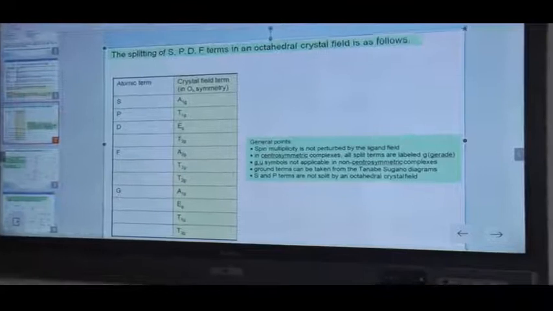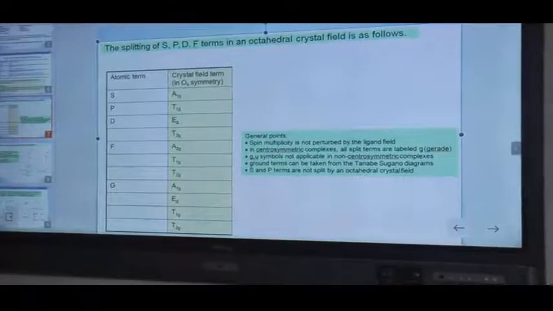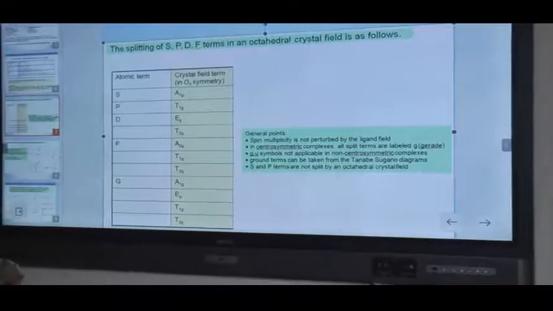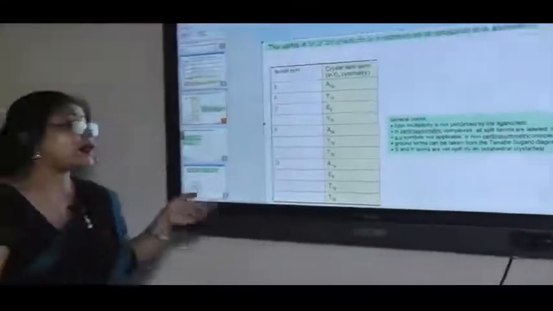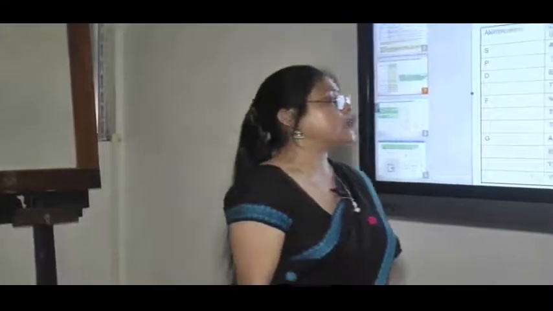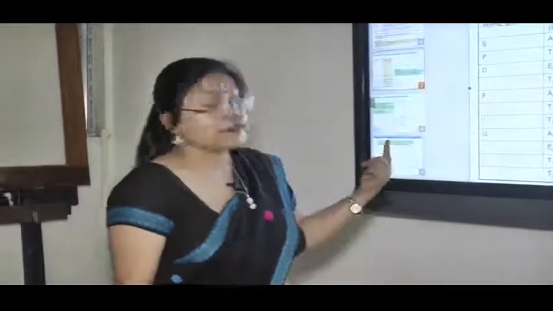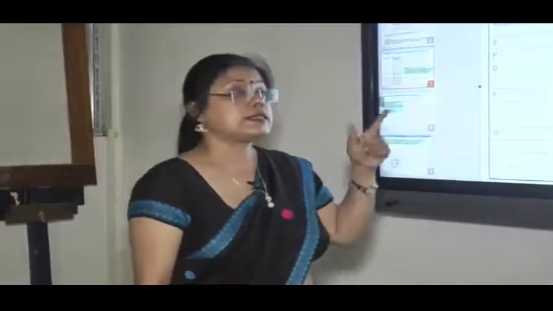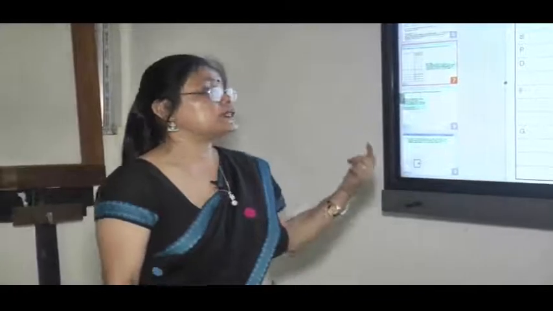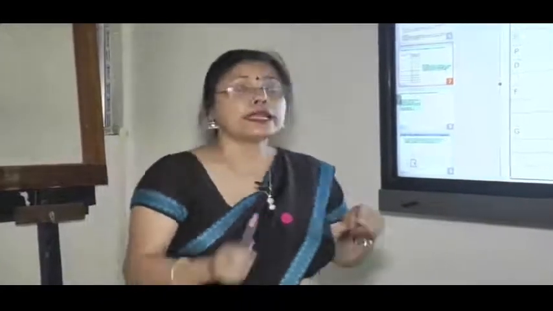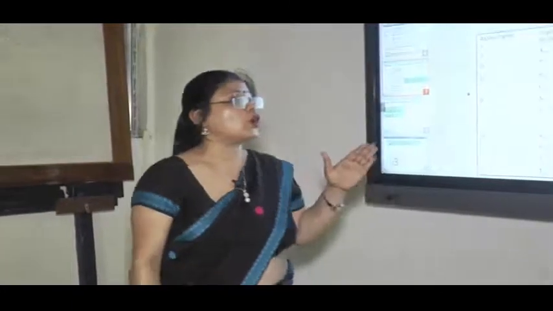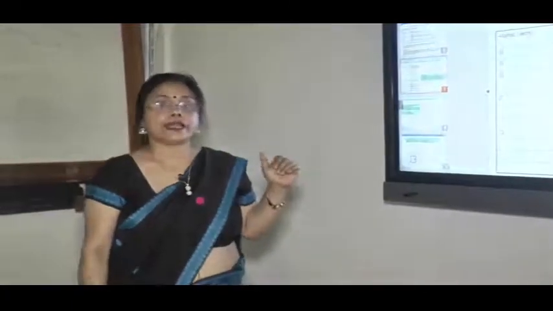Whatever be the ligand field, be it tetrahedral, octahedral or anything higher than that, the multiplicity is not at all disturbed by the ligand field of the participating ligand in the complex formation. If the particular complex has a center of inversion, or you can say if the complex is a centrosymmetric one, then each of the term or split terms will be called a gerade term. That means